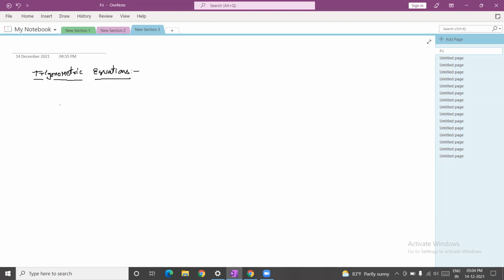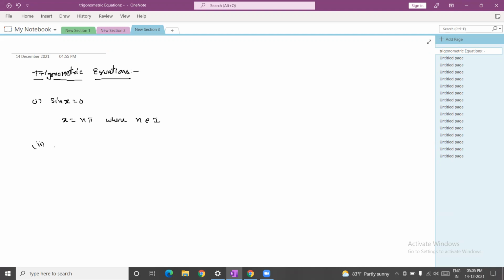Yes, we already saw trigonometric ratios are cyclic functions. Suppose I'm saying sin x is equal to 0. Usually we know x is equal to 0 degrees, but other than 0 degrees, we have many solutions. Writing the set of all the solutions is called the solution of this equation. So x is equal to n pi, where n belongs to integers. So 1 pi, 2 pi, 3 pi, minus 2 pi, minus 3 pi, and so on.